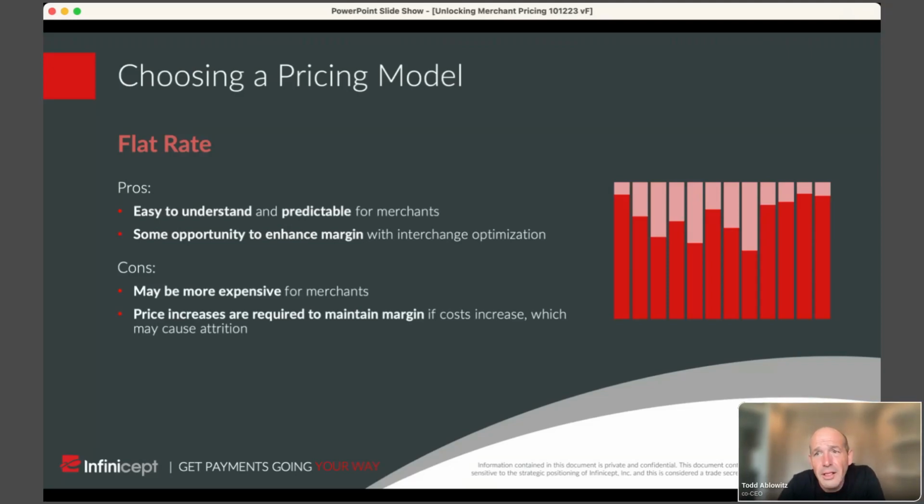One note I'll say for anyone on here, I learned many years ago that with these types of pricing models, whether flat rate or tiered that we'll get to next, if you have to raise your prices because the interchange prices go up, you should build some additional margin there, because whether you do that or don't do that, you will lose merchants in the same measure. So you might as well get a little bit of profitability. I'm not advocating doing anything unfair or unscrupulous. Just as costs go up, there is an opportunity to make a little bit more money on your portfolio when those bigger interchange increases happen.